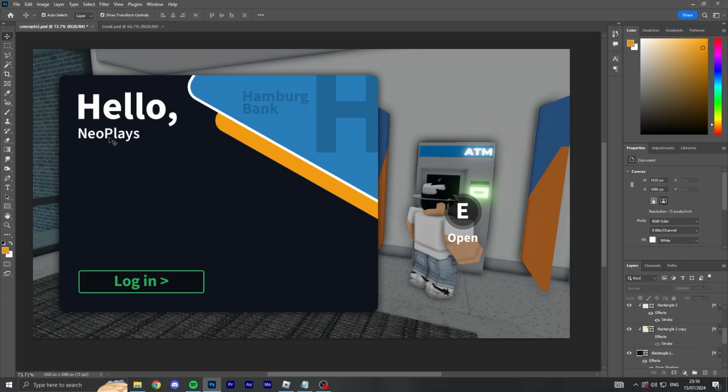transactions. And then obviously you've got hello new place, and then down here I'm going to add a little something that looks like a motherboard or some sort of chip. It's a bit like ERLC. Yeah, okay, I don't know what else to do, so I'm going to do it like ERLC.